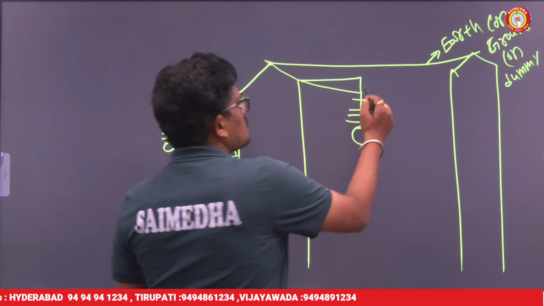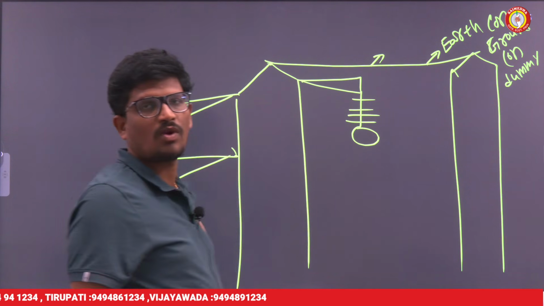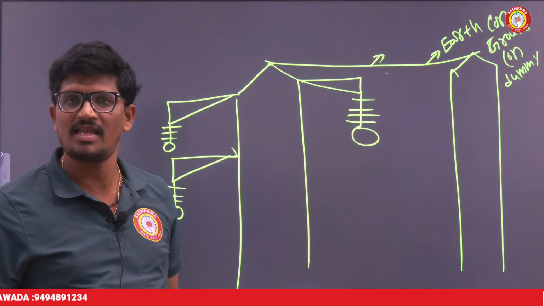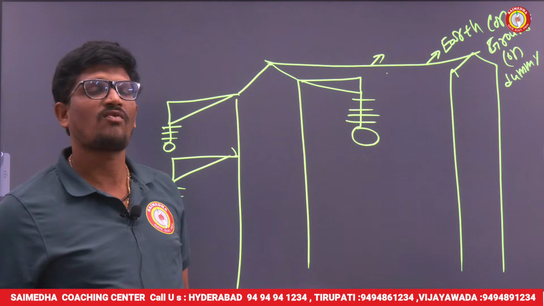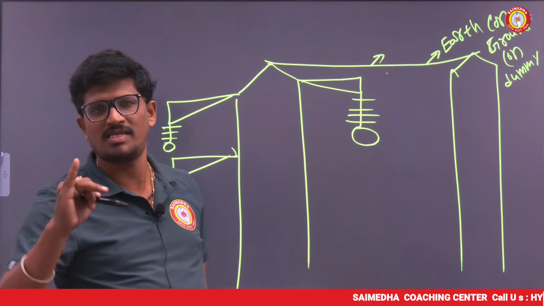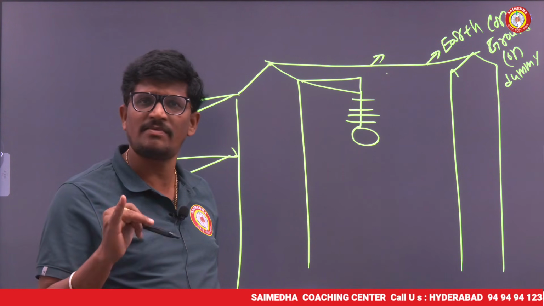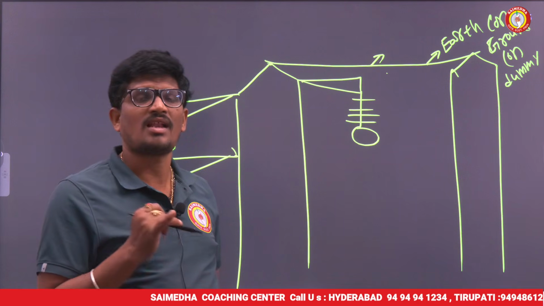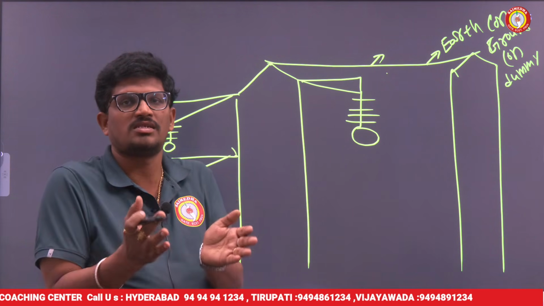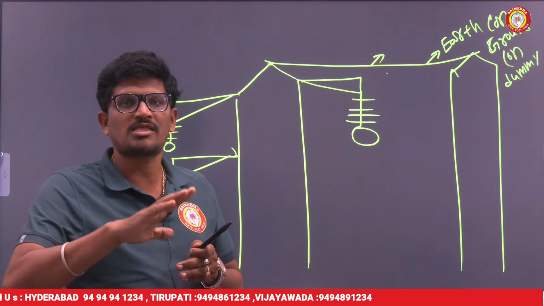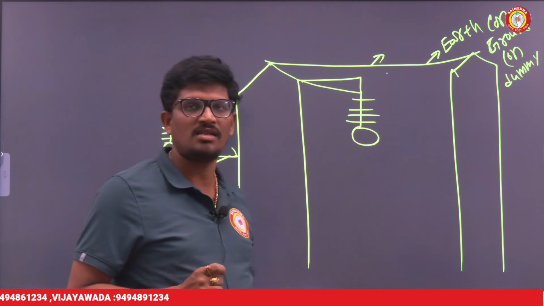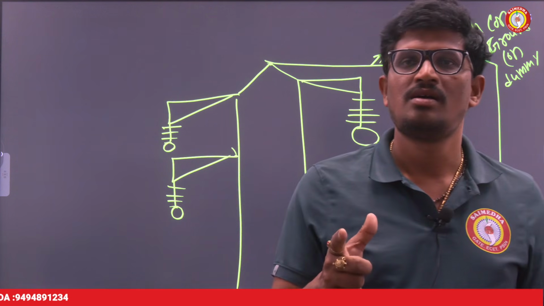But what is the purpose of this wire? Look at the board. This earth wire is generally made of galvanized iron or galvanized steel. Sir, why are you using this wire only? Because of three reasons. Galvanized iron is basically iron, and iron is also a good conductor. More important, it has good mechanical strength. So even when a high magnitude of current enters the earth wire, the earth wire does not break because of its high mechanical strength. That is the reason the earth wire is made up of galvanized